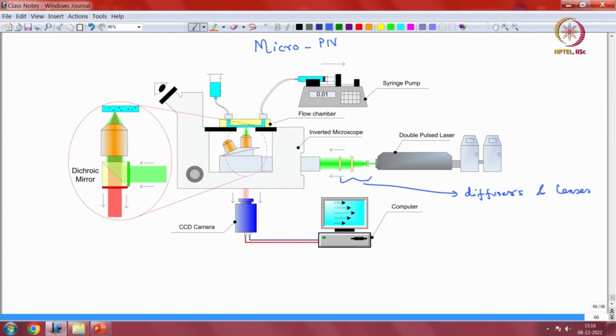I'll explain what they are for, and then they come in and go through your lens and illuminate your sample. Now this light, if I use the green light line here, this green is going to illuminate this entire volume over here, and there is no way for you to prevent the illumination of this entire volume. So in micro PIV,